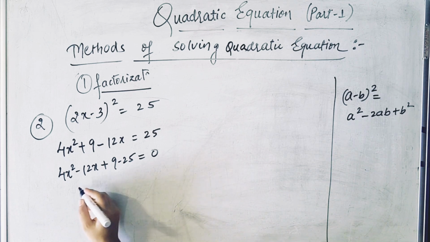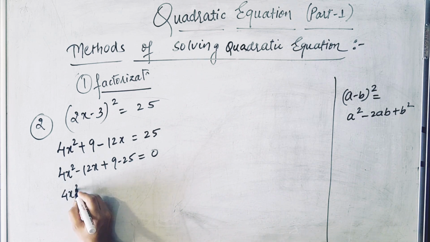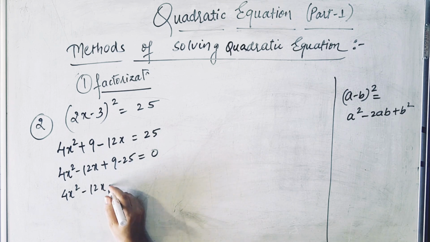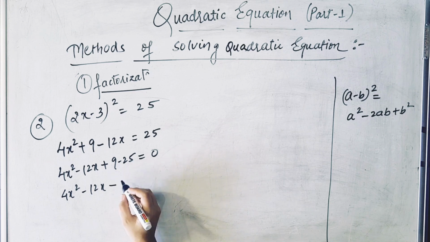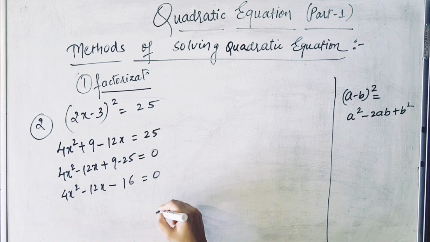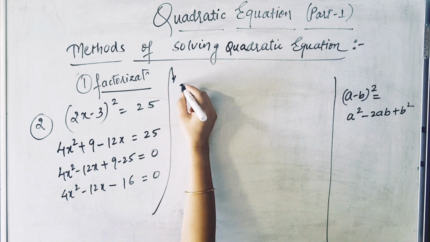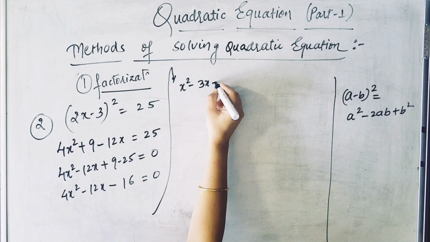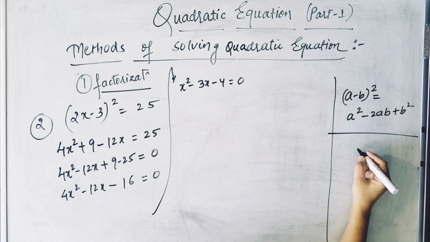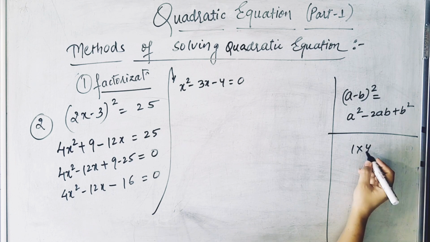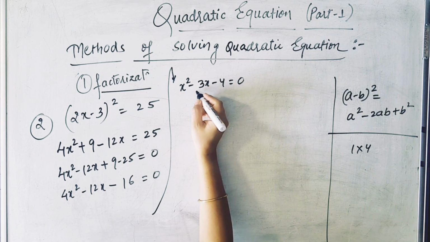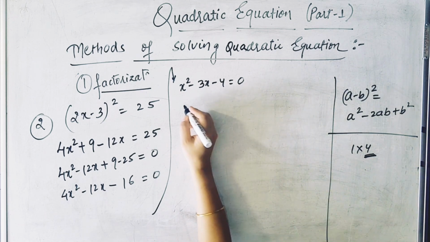So here I will get what? 4x square minus 12x plus 15 minus 9 if I do. Minus will get. So 15 minus 9, 6. So 16 I have got over here. 4 will take common from here. So we'll get x square minus 3x minus 4 equals 0. अब 4 के फैक्टर्स चाहिए. माइनस 4 के फैक्टर्स 1 into 4, 4. 4 minus 1, 3. अगेन किस में आएगा माइनस साइन, क्योंकि ये -3 है तो लार्जेस्ट डिजिट में माइनस साइन आएगा.